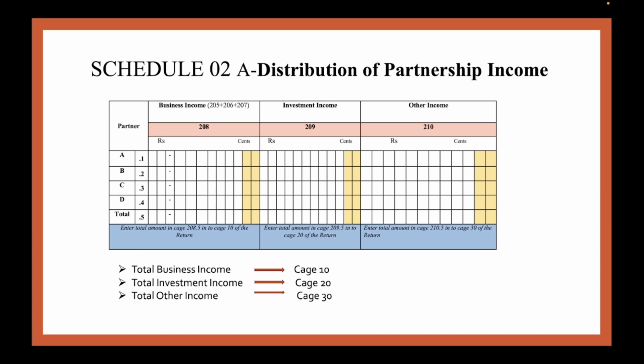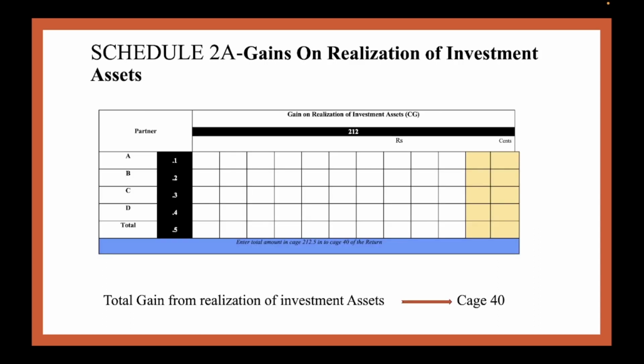First, allocate the gains or losses from the other sources and from the realization of investment assets between the partners using the columns 210 and 212. Get the total of the columns into the relevant cages. If the total figure represents an income or a gain, carry those figures to cages 30 and 40 of section